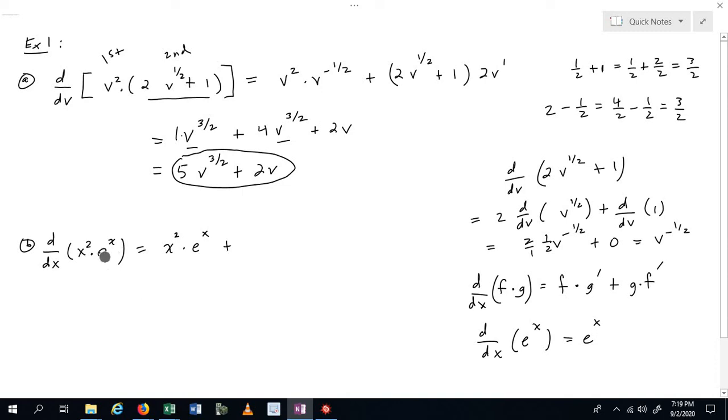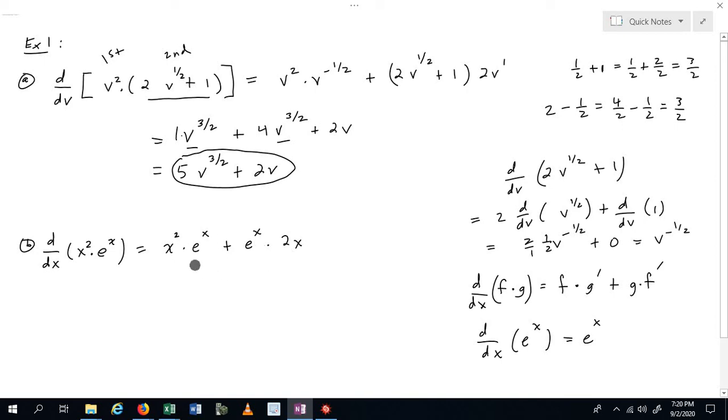Okay, plus the second function, which is e to the x, times the derivative of the first function, which happens to be 2x, by the product rule. Okay, and so I think this is a perfectly legitimate way of writing the answer, but I think in the